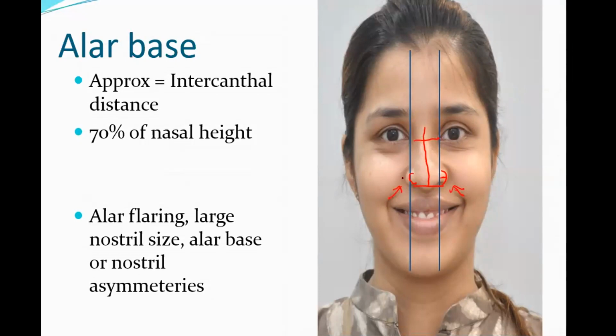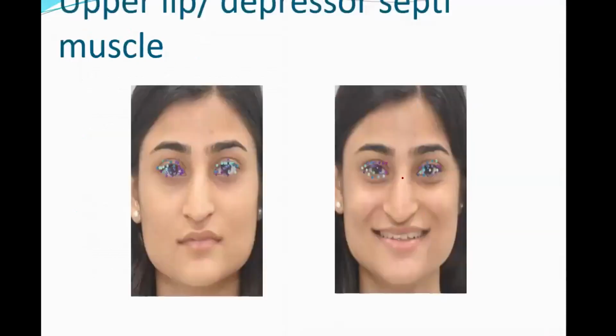You can see that the flare has increased on one side. Now, another problem with the smiling is there is a muscle called the depressor septi. This is an important question for you. That's the one which pulls the tip of the patient down when the patient smiles. And many patients in South India don't like this, and then they want it corrected. Actually, we can do it by cutting off the attachment of the depressor septi with the maxillary spine and the